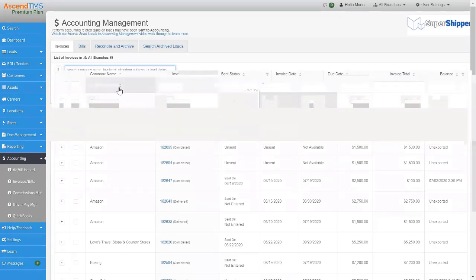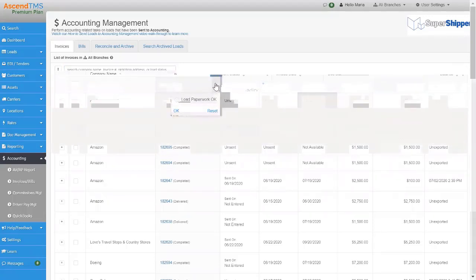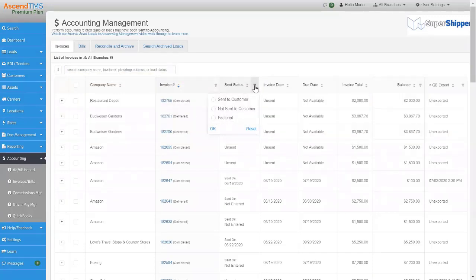You have a lot of sorting and filtering options. Your up and down arrows, also referred to as up and down triangles, those are your sorts. Anywhere you see a little button like this one, it's a filter. There are several throughout. These are here to help you with your flow and your processes. Oftentimes when you come in to do something in accounting, you're coming in with a task at hand, whether it is receiving all of your carrier bills or carrier invoices and logging those records, or logging payments. So we've put these filters in place to help you get to what you need and shorten this list based on your filtering options.